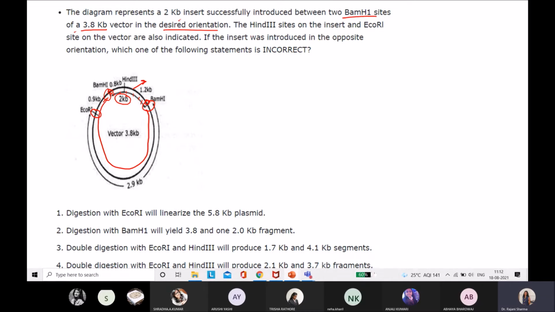Now, the second line is the HindIII site on the insert and the EcoRI site on the vector are also indicated. You can see the HindIII site is there on the foreign or our desired gene, and the EcoRI site on the vector DNA is there.